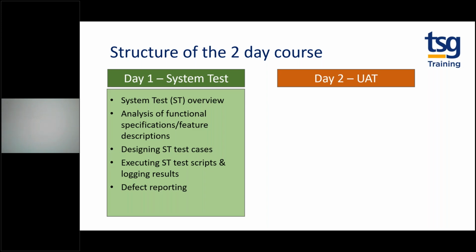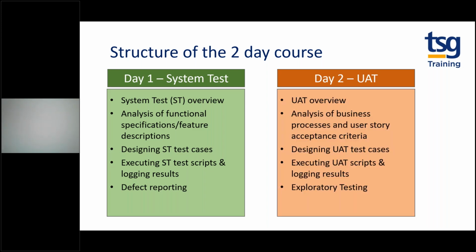Now on day two, it's a similar pattern of activity, but we're going to give people some oversight of the difference between system test and UAT, and then we're going to give them some different test bases. So they're going to get some business process descriptions, some user stories, acceptance criteria, and again, the whole idea is to take people through the activity of extracting the key information from the story acceptance criteria, organizing it around the business processes, creating some test cases, and then putting those cases into scripts and executing those scripts,